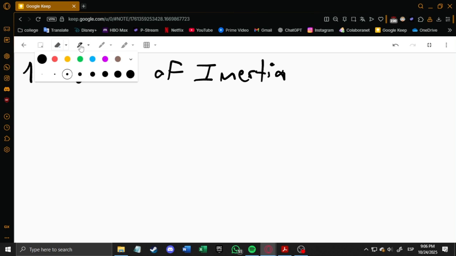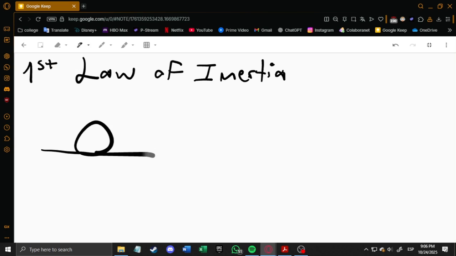Okay, so let's say I have this ball and it is resting on a flat surface. In real life, if I roll it, if I apply force, it will keep moving forward, but eventually things like friction between the ball and the floor or the air resistance will slow it down. However, in a vacuum, like in space where there's no friction, no air resistance, it would keep moving on